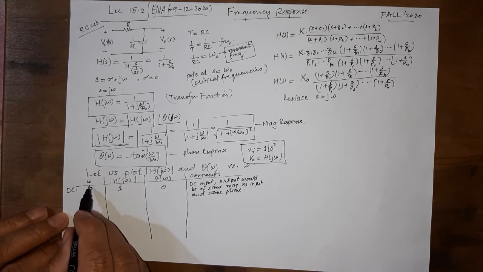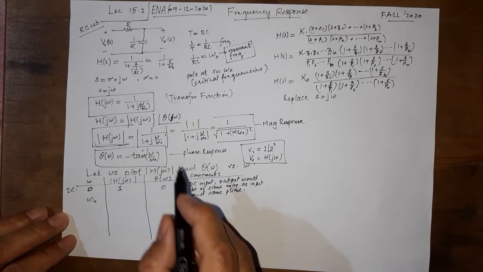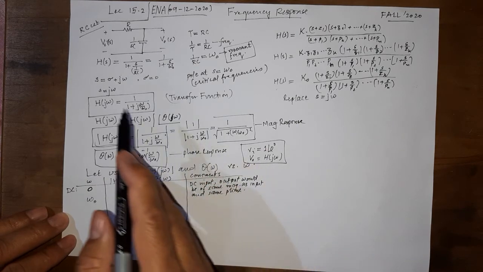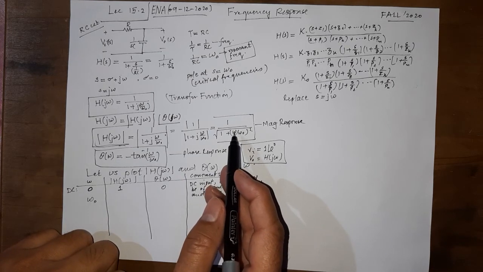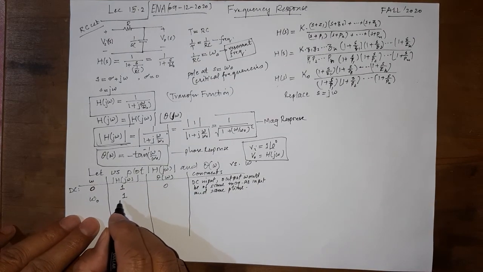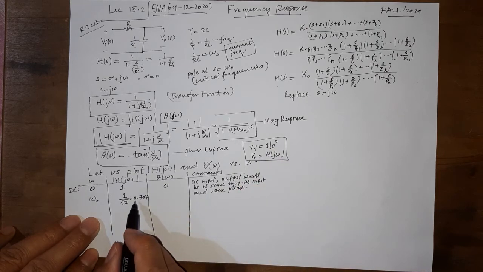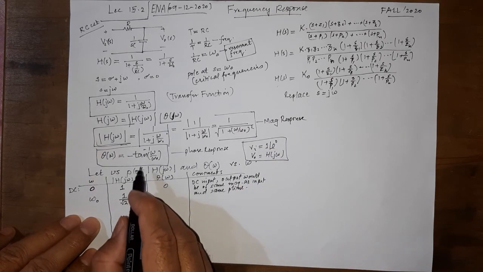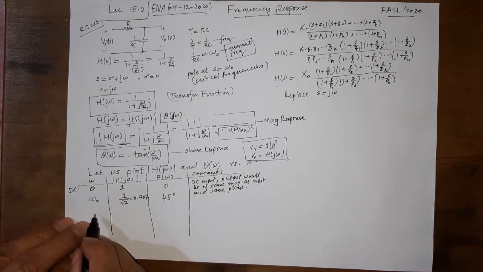So what if omega is equal to, say, omega naught? Omega naught is that critical frequency, the important frequency for that circuit. So if omega is equal to omega naught, we are going to have 1 over under root 2 as the output, which is 0.707. So if the input has magnitude 1, the output magnitude has decreased, and the phase would be equal to tan inverse of 1, which is 45 degrees. So you can now understand the effect on magnitude and phase of the response.